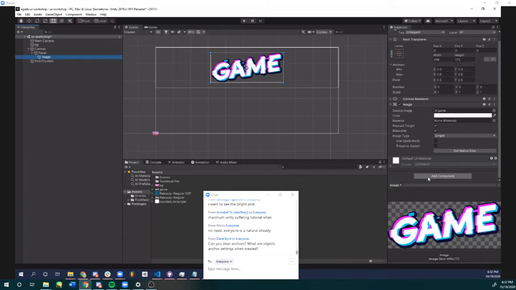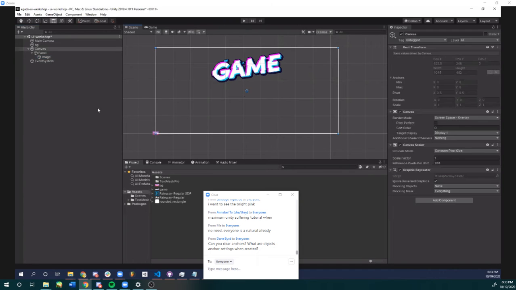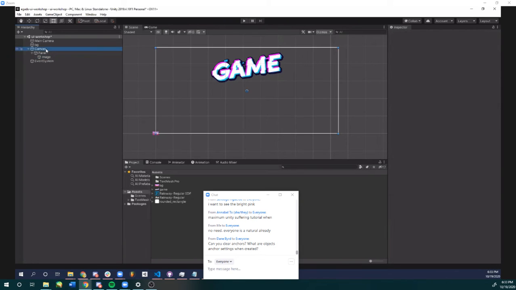Let's do an example where you use anchoring to make a really basic menu. Yeah, we'll do buttons in it. We'll do buttons in a sec. I'm going to get this game image finished. Actually, no, we could do buttons now. Yeah, we could do that now. Okay, so